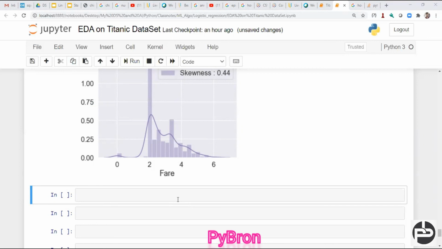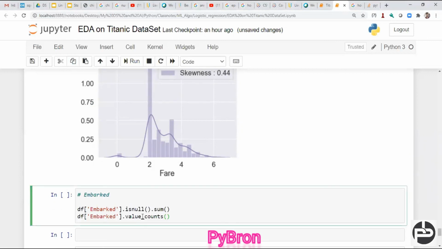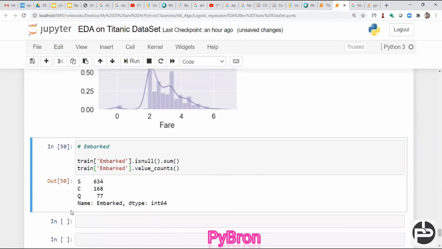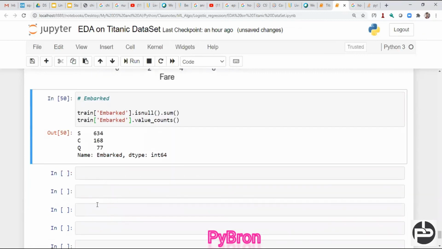Now similarly, the embarked column, we did not do anything with the embarked column, right? So you can do it with embarked also. Here it is missing, train. And here also we can check this. Yes, you can see embarked is a categorical column. S has 634, C has 160, and Q has the remaining.